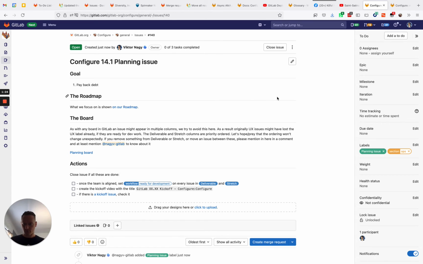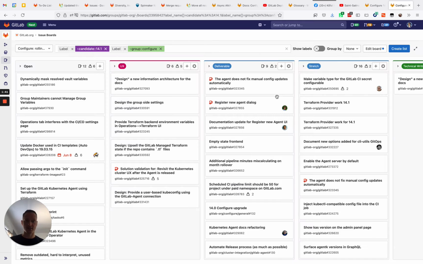So we want to focus on all three of these debt types, and we will do our best to pay back as many of those as possible. We have a huge list, and we are sure that we won't tackle everything, but we have them prioritized. So let's see that list.